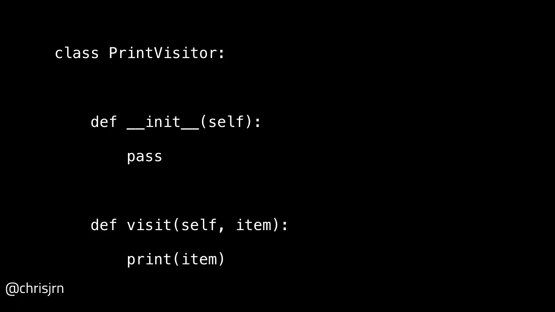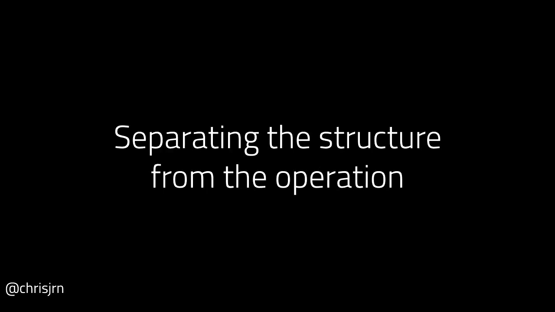And so we can look at this again, and we can wonder what we're trying to achieve. And as with all design patterns, it exists because something wasn't easy to do in another language. So let's think about what it's actually trying to achieve and then write some code that does it in a way that actually looks good. So in this case, what we want to do is separate the structure of a collection from the operation that we're trying to perform.